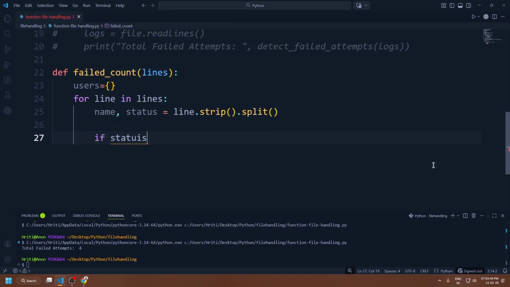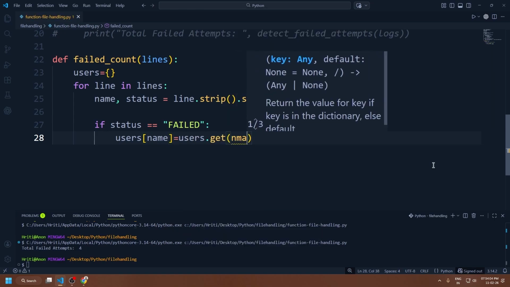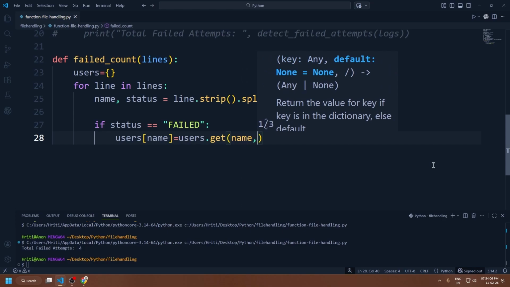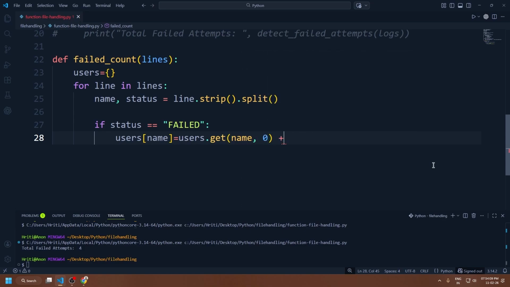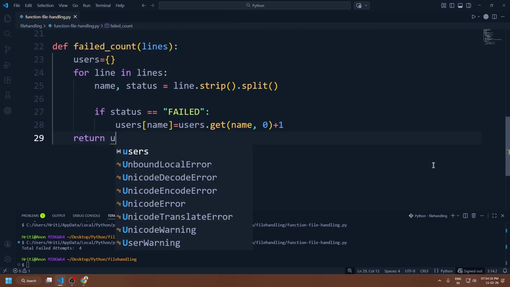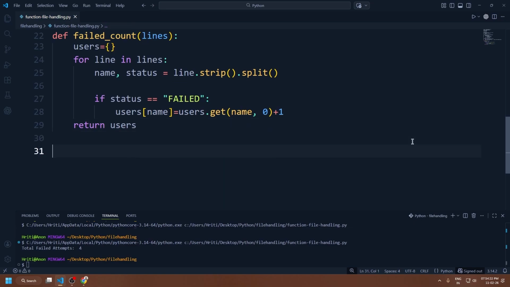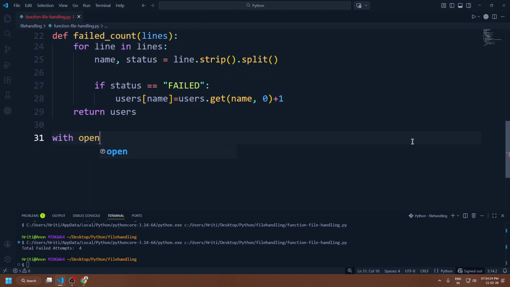And then if status equals failed, users[name] equals users.get(name, 0) plus 1, and then return users. Okay, and then we do the file handling with open